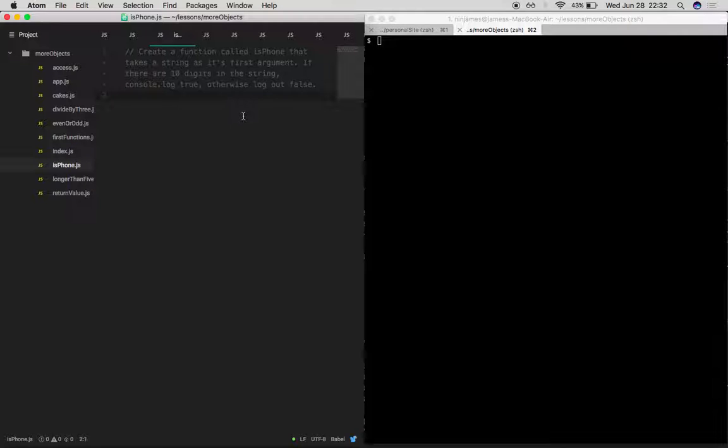Cool, so just going over this, it seems like I understand what's going on here. Nothing I really need to look up at this point. So I'm going to write a function. It's going to be called